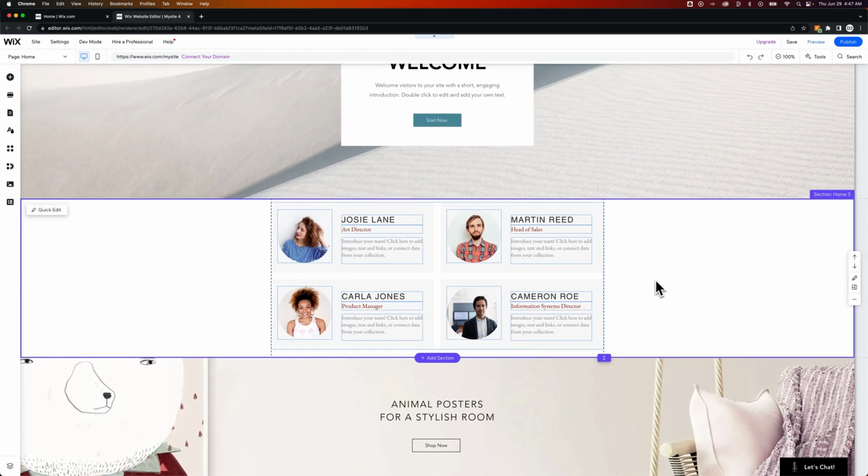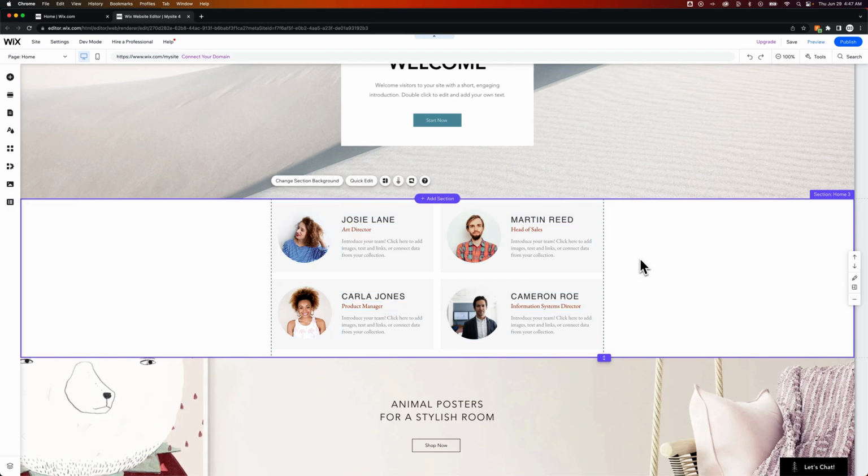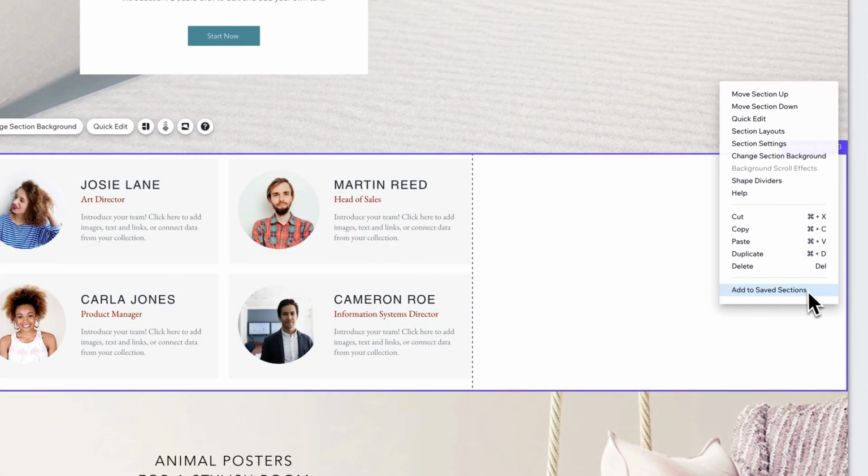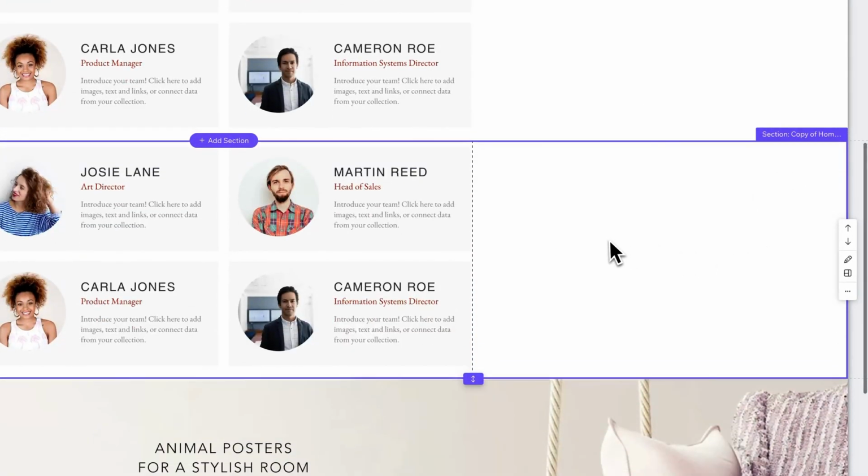I can do two things. I can duplicate it or I can copy paste it to somewhere else. So the first way is to duplicate it. The shortcut key for that is Command or Control D. You can actually see that in this little dialog action, more actions, and then we find duplicate. So we have this section with these folks selected here, and we can press duplicate and it duplicates it right